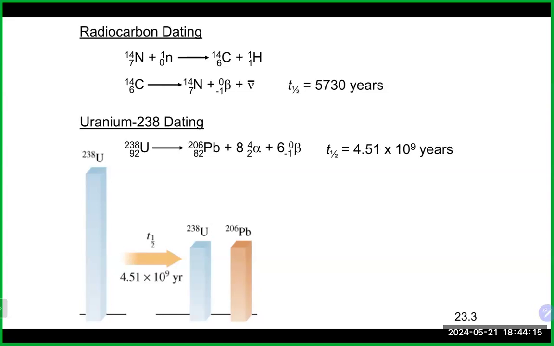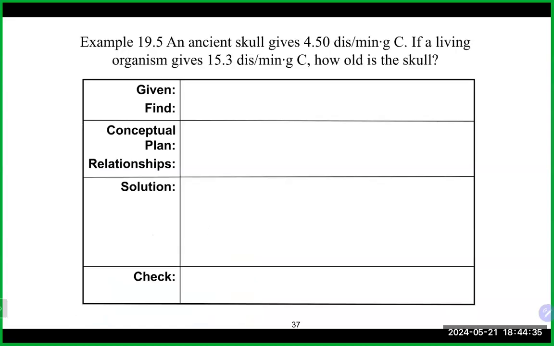There's radiocarbon dating, where we use the half-life of carbon, in this case carbon 14, 5730 years. I could also use uranium 238 dating, which decomposes into lead 206, and that half-life is 4.51 times 10 to the 9 years. So if we look at this sort of thing here, an ancient skull gives 4.5,